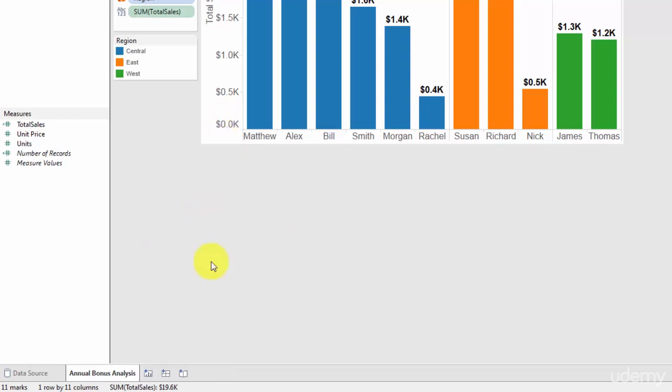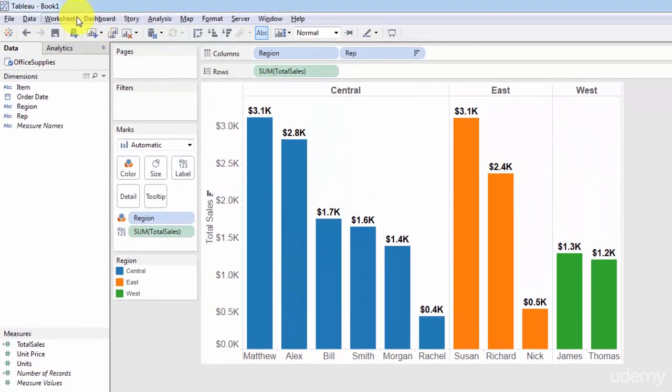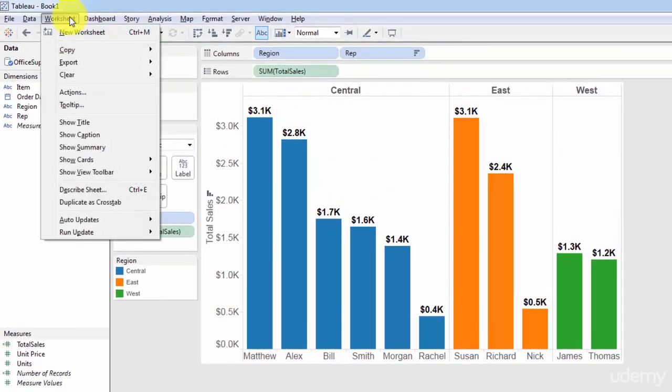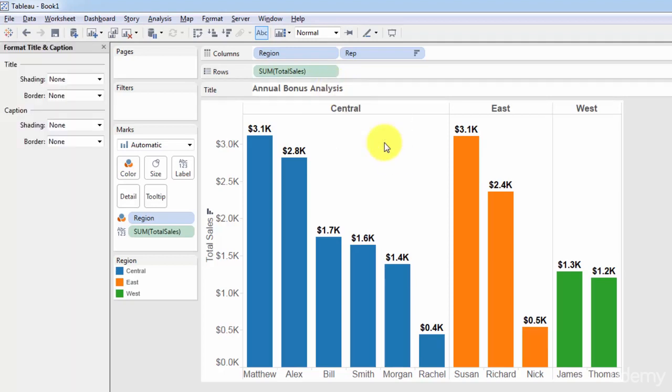And now I want to see it here as well. So I'll go to worksheet and I'll click show title. So here now I can see the annual bonus analysis name, and that also gives me the power to change and format it. So if I click here and I click format title, as you remember, our formatting pane pops up on the left, and I can actually